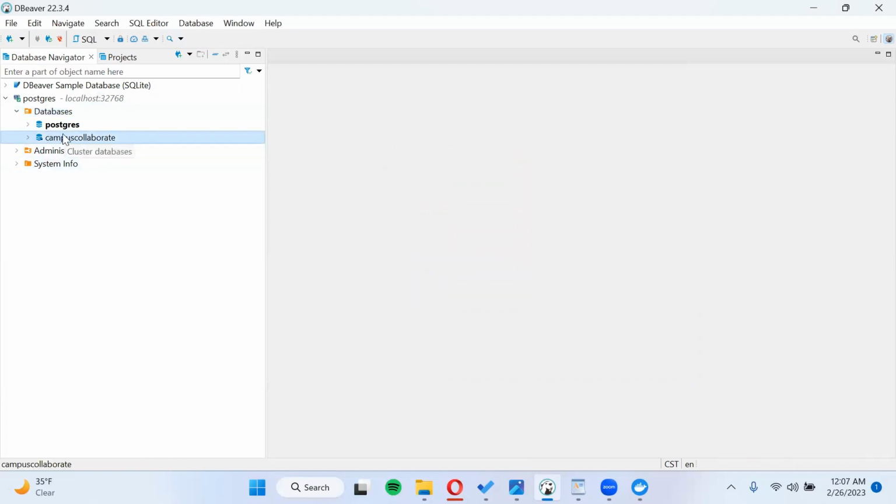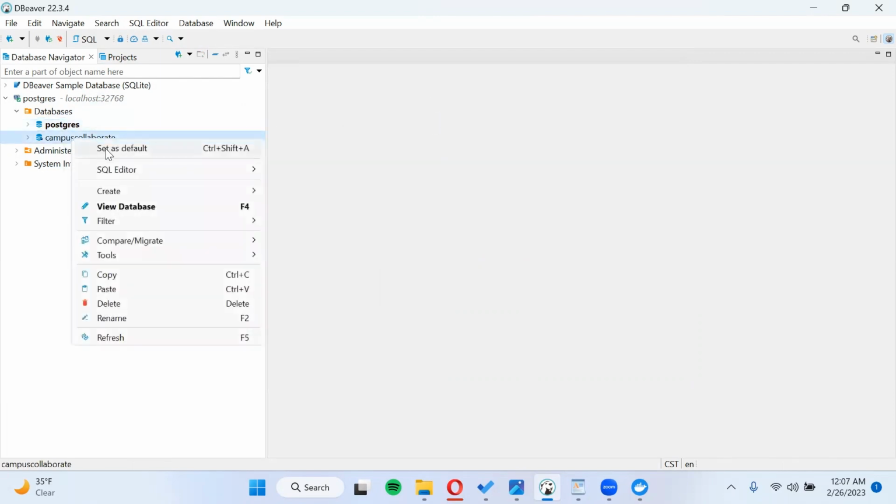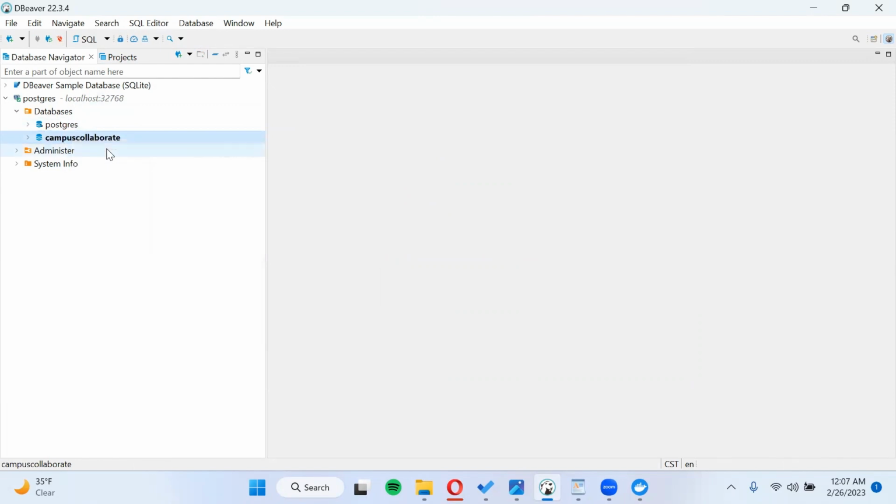A new database is created, but you see this one is in bold and this one is not. That's because we have set this as default. So we need to change and set our database as the default,